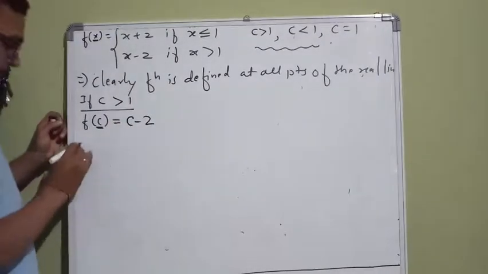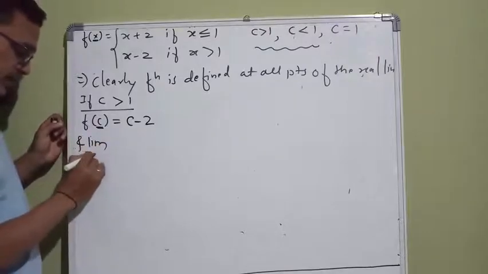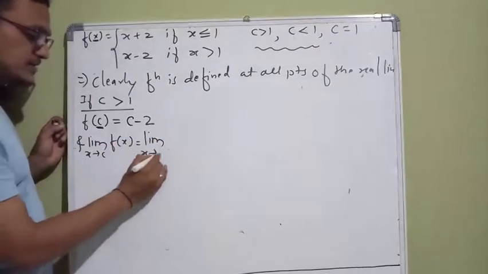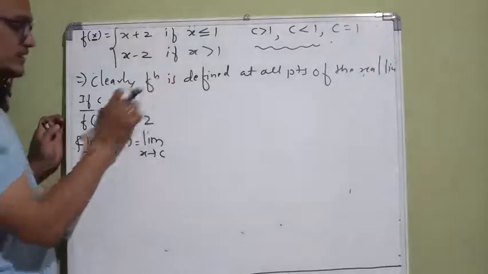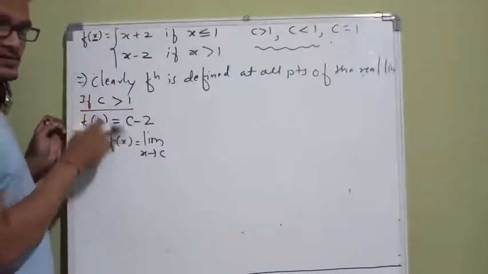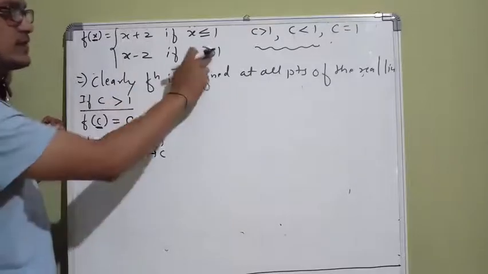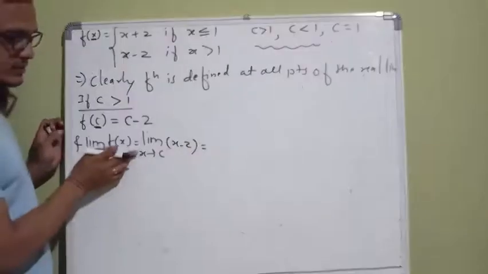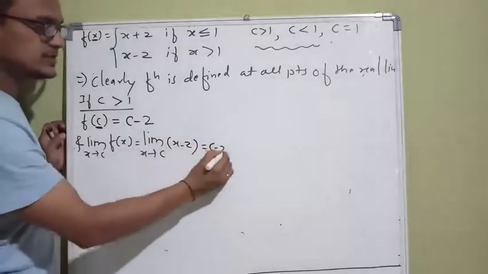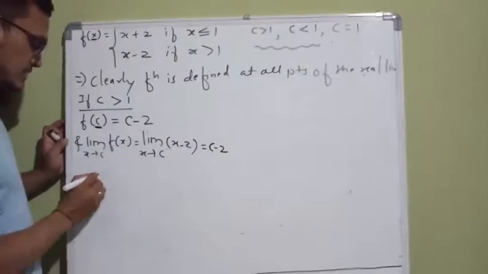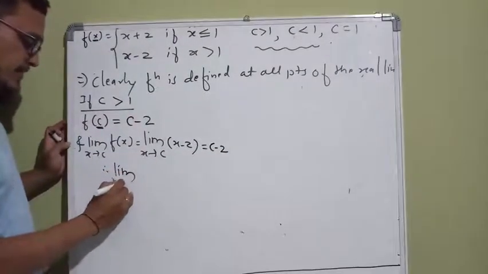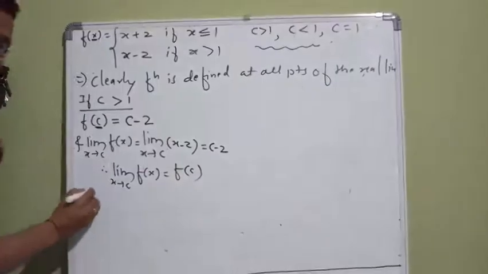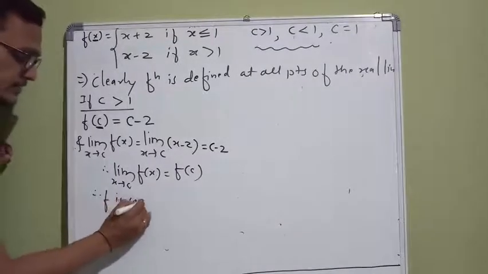Okay, and you have to take limit x tends to c, f of x, which is equal to limit x tends to c, f of x is what? Again same. We are checking the continuity for which condition? Greater than 1. So for greater than 1 the function is x minus 2, so now substitute the limit as x tends to c, so again it becomes c minus 2. So again both answers are same, so therefore limit x tends to c f of x is equal to f of c. Okay, so therefore f is continuous